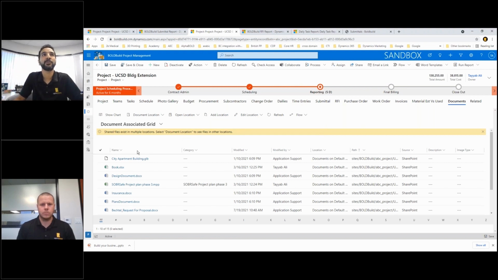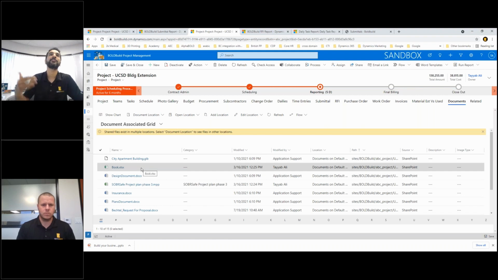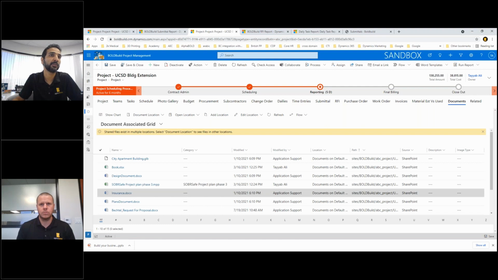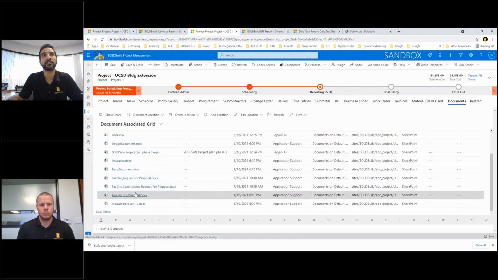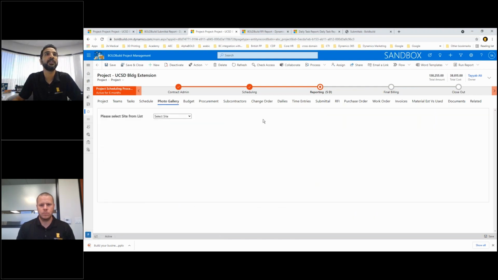But in addition to that, once these documents are stored, you can surface them in different ways. So you don't have to always ask people to come in here and access the photos that are generated. So we made a nice photo gallery here, where you can go in and choose your site. And as you select your site,